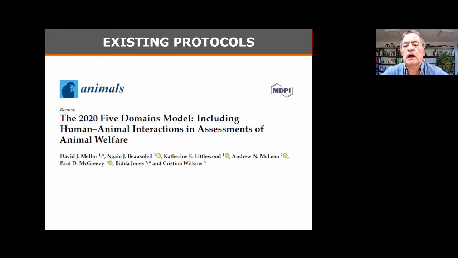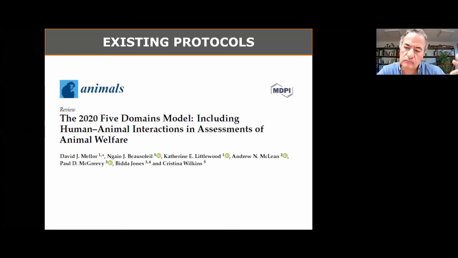So it's worth having a look at this paper, not only because it is the most recent update of the model, but also because it emphasizes the importance of human-animal interactions when assessing the welfare of animals. And I will go back to this issue of human-animal interactions in zoo animals because I think they are fundamentally important when we assess the welfare of zoo animals, with the added complexity that unlike what happens with farm animals,